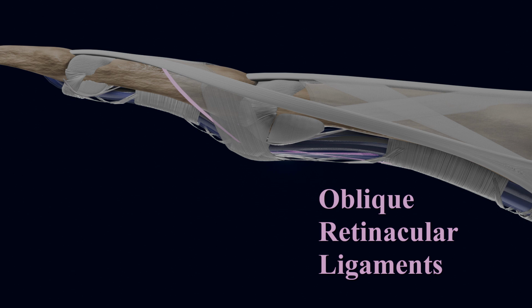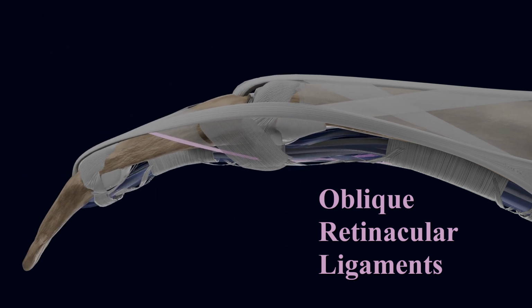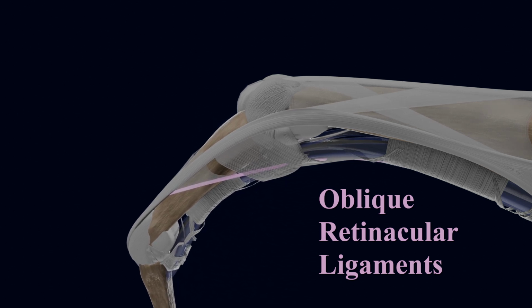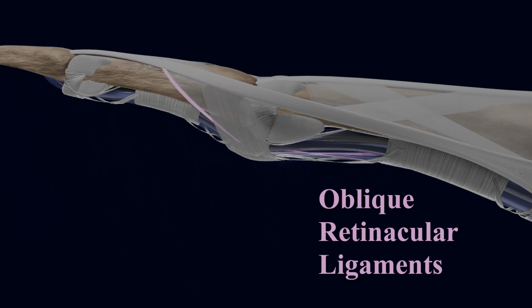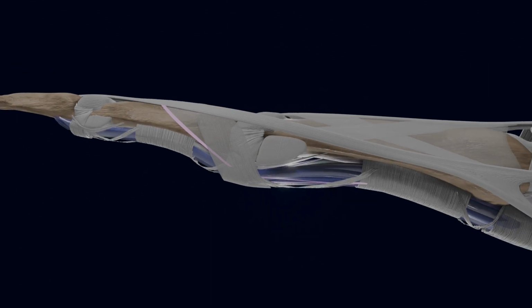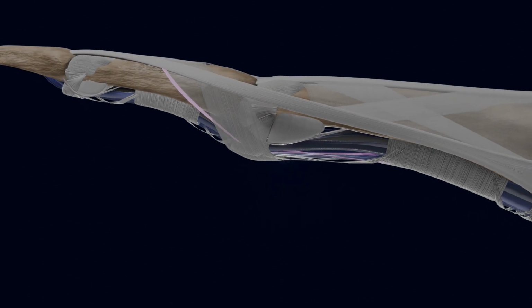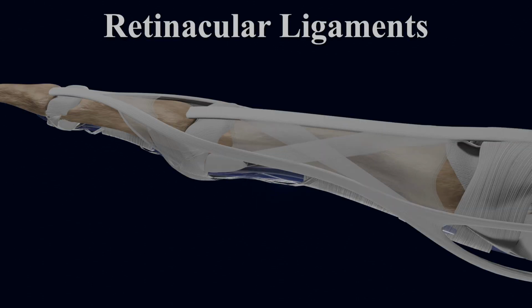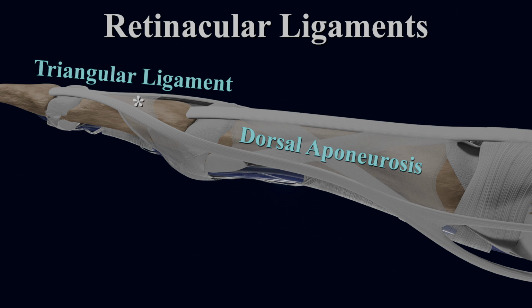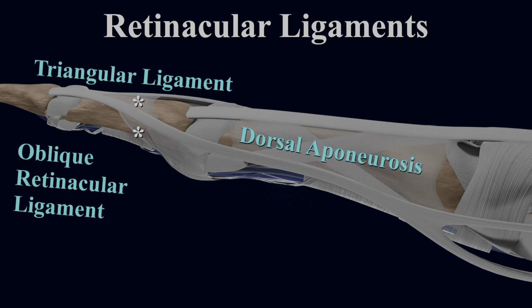A secondary static link exists between the distal and proximal interphalangeal joints. There is a pair of oblique retinacular ligaments that serve a similar, although static, function as a tenodesis between these 2 joints. These originate volar and proximal to the PIP joint, inserting dorsally into the terminal tendon. There are multiple retinacular ligaments in the finger that serve to stabilize the extensor mechanism over the phalanges. These include the dorsal aponeurosis over the proximal phalanx, the triangular ligament over the middle phalanx, oblique retinacular ligaments, and